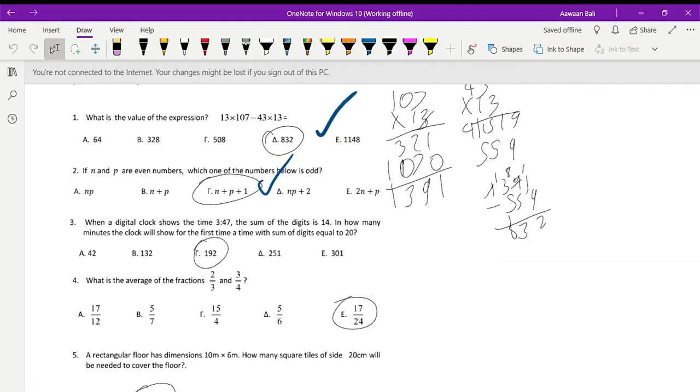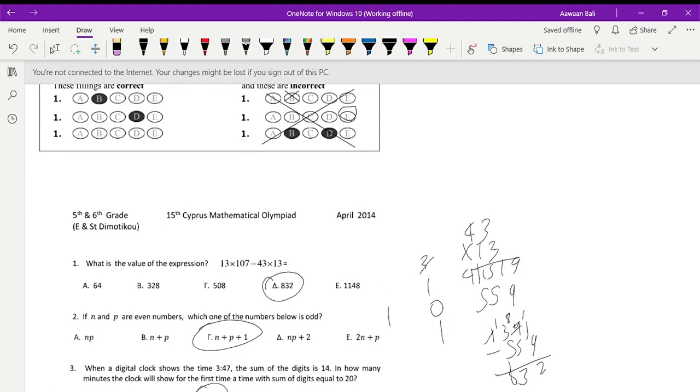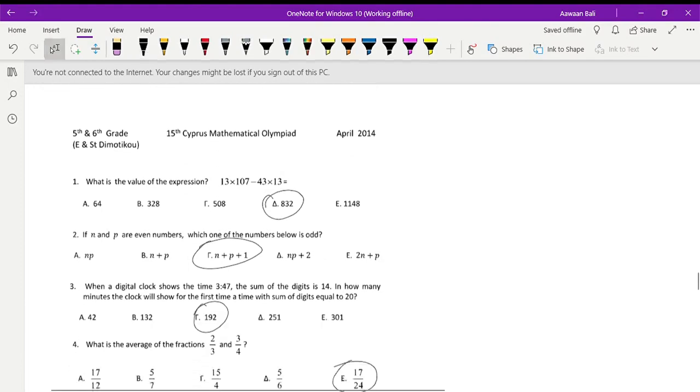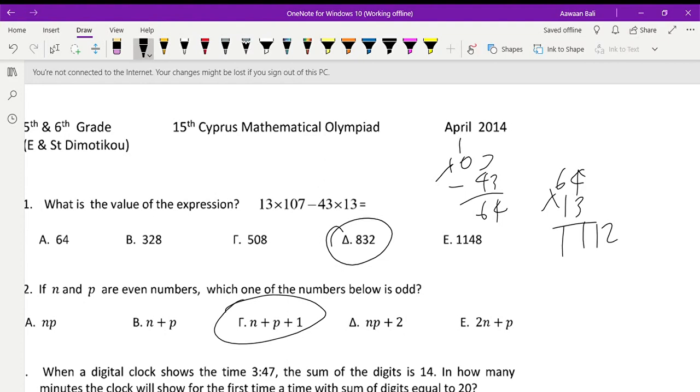Here is question number 2014. What is the value of the expression 13 times 107 minus 43 times 13? Easy multiplication, right? However, you don't have to do multiplication at all. You could just do 107 minus 43 since we're both multiplying them by 13, and then we can do 64 times 13, put the 12 here, 18 plus 4, 22, and 6, 2, 3, 8, 832, therefore the answer is